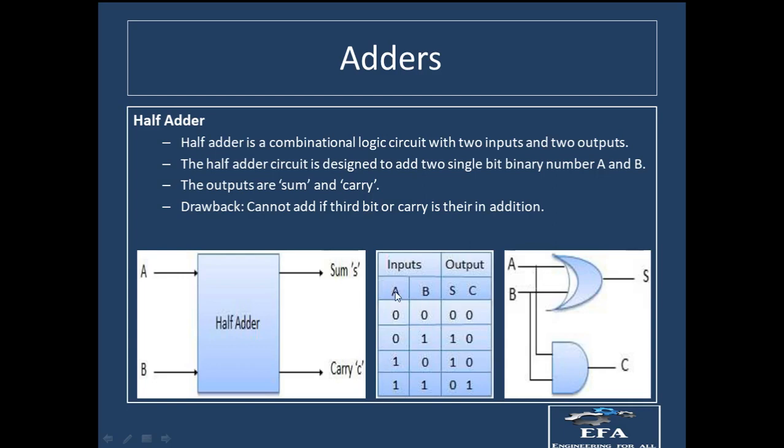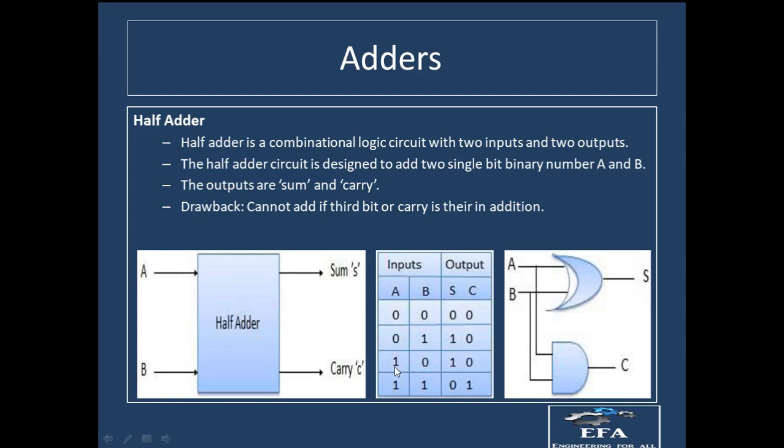Like we have over here, a is a single bit number and b is a single bit number. When we have these two inputs a and b in the adder, and two outputs sum and carry, these two bits can have four combinations. We can have a equal to 0 and b equal to 0, a equal to 0 and b equal to 1, 1 0, and 1 1. Let us see one by one how these sums and carries come. If we add 0 with 0, 0 plus 0 is equal to 0, so the sum is 0 and carry is 0. 0 plus 1 is equal to 1, therefore sum is equal to 1, and there is no carry generated, therefore carry is equal to 0.